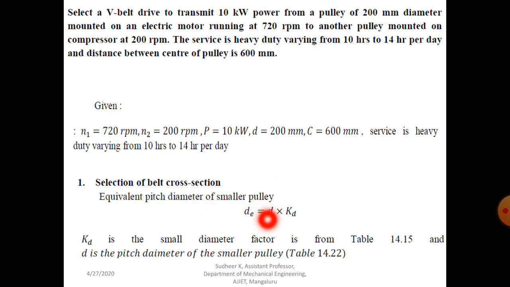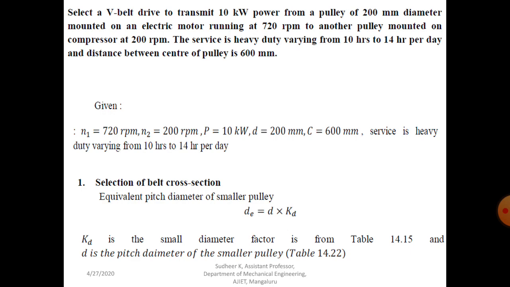This expression you will also get in the table below the number of V-belt equation, that is equation 14.14. KD is the small diameter factor, from table 14.15, and D is the pitch diameter of the smaller pulley from table 14.22.